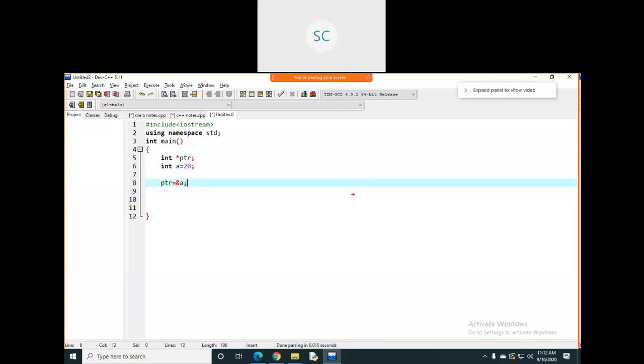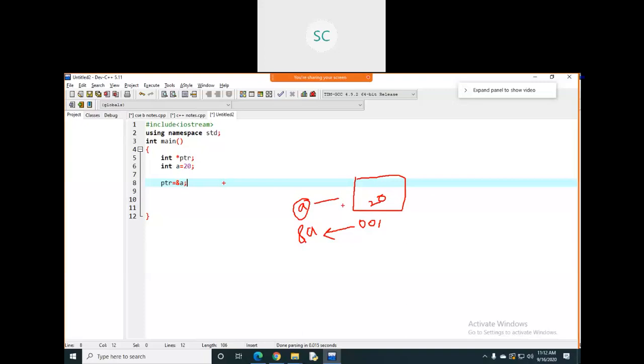See, in some memory we have the data 20. This variable name is a. You can consider this is the a. If you print this a, what will it print? The value, whatever value that variable has. If I print ampersand a, it will return this address. Ampersand a means address, a means value.